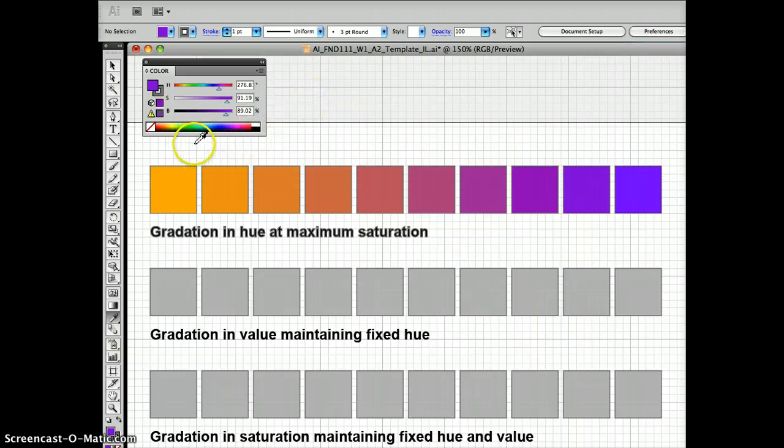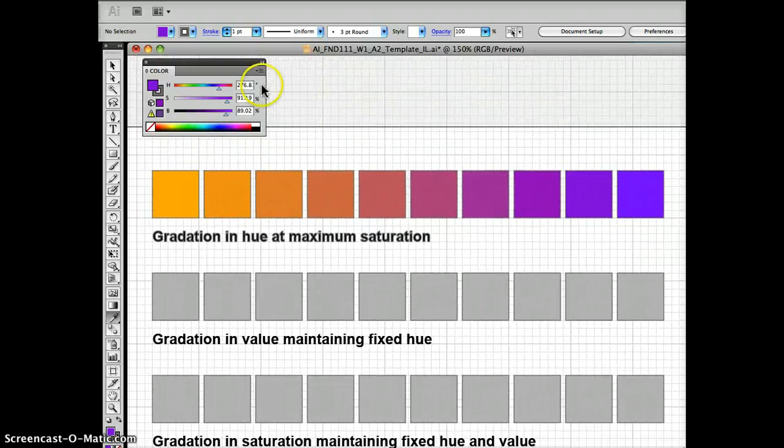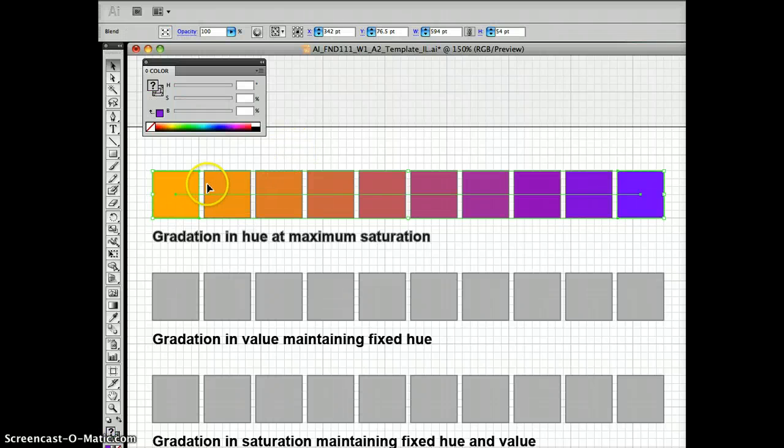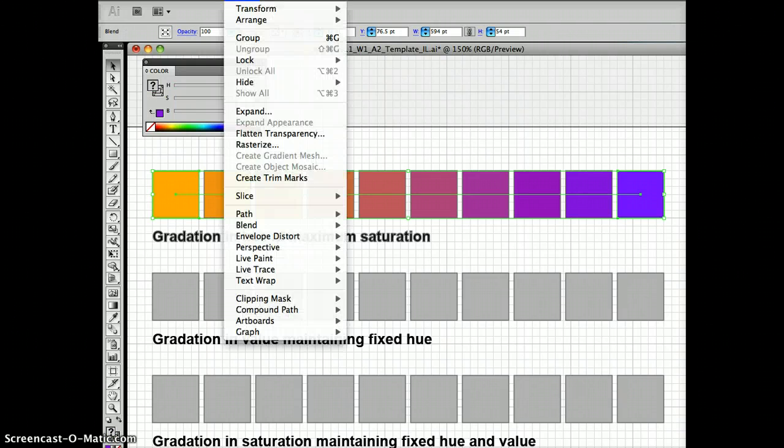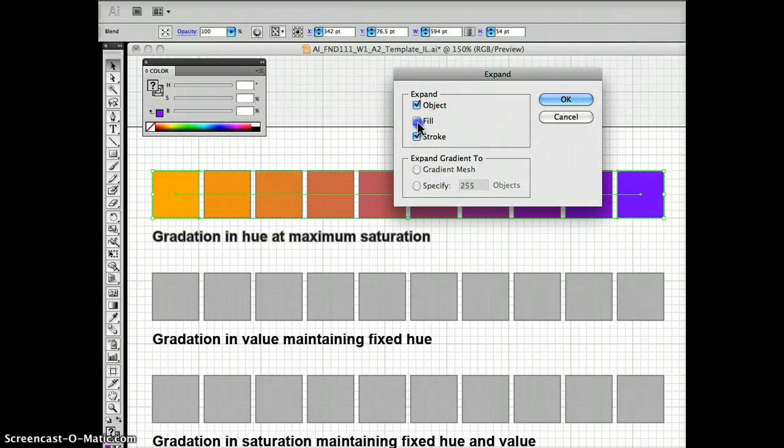Now, how do we adjust those in Illustrator? This has been a real problem trying to figure out. So let me share what I've learned with you so far. The first thing we need to do is select it, and then we're going to go to Object, Expand, and we're going to uncheck the fill